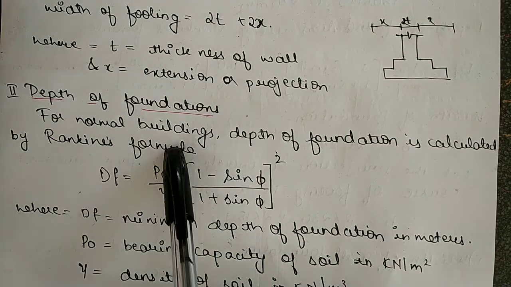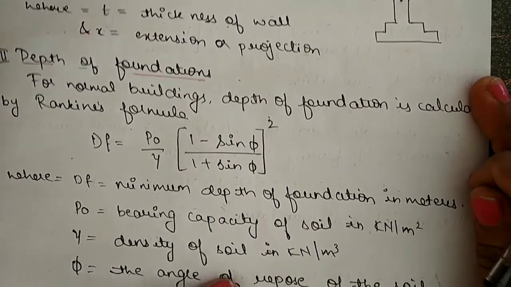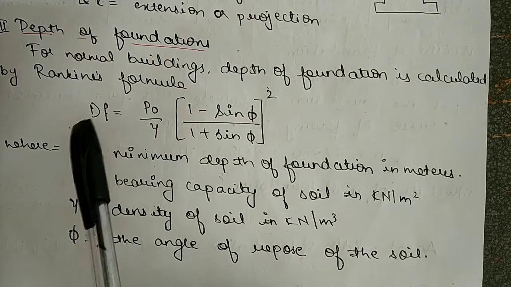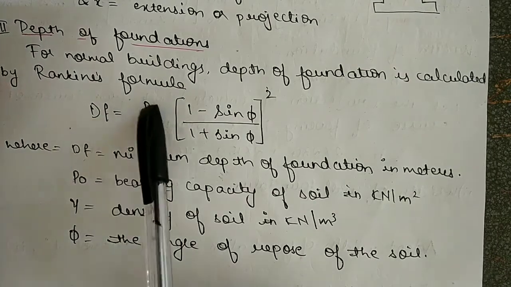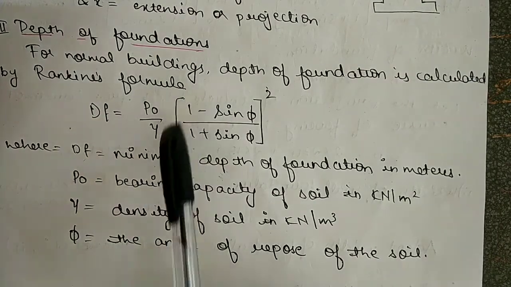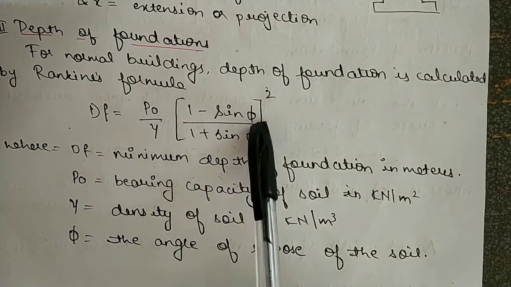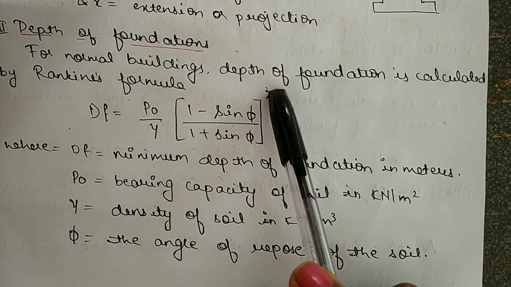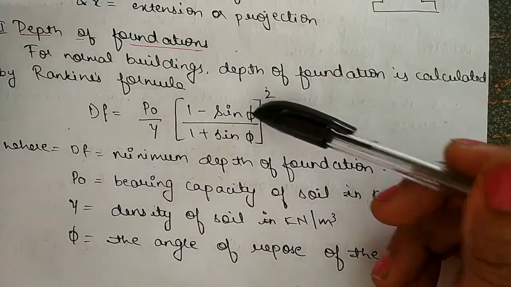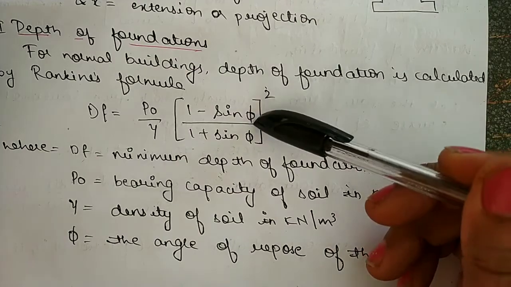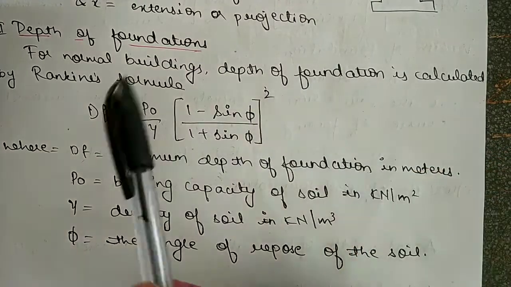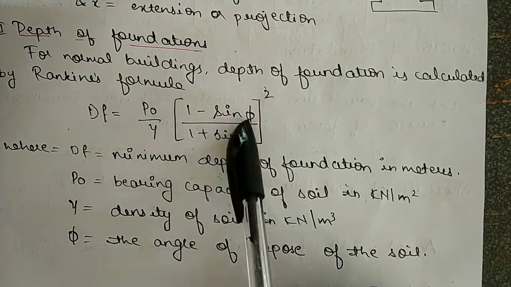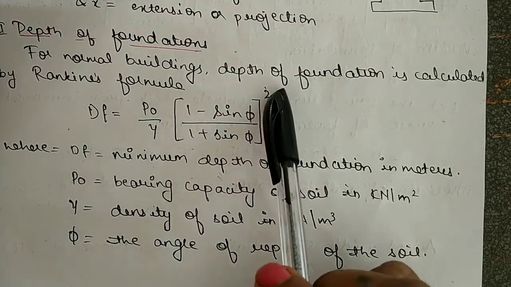Okay, he has introduced one formula to find the depth of the foundation that you are going to use, where the formula is Df equals p naught by gamma into bracket 1 minus sin phi divided by 1 plus sin phi, the whole square. Understanding? Always minus is first and then the plus. Negative divided by positive. This you should remember. So p naught by gamma into bracket 1 minus sin phi divided by 1 plus sin phi, the whole square,